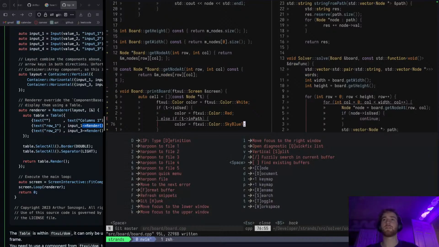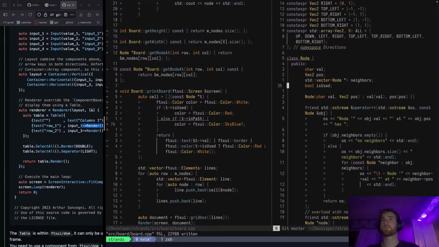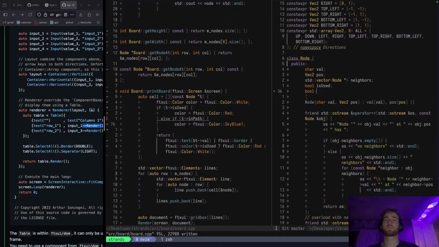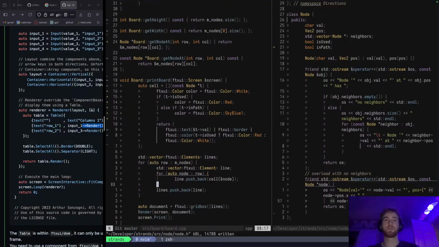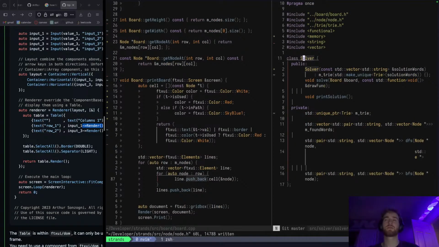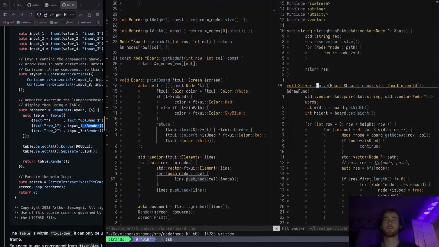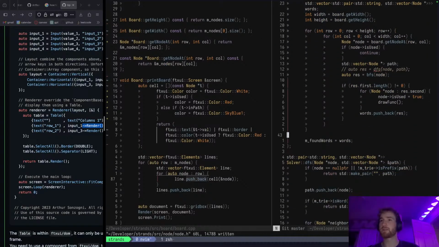We'll do something like this. I'll try this out. Definitely very bad code, but I kind of don't care. Because then what we can do is in our solver, anytime we add a node to a path,